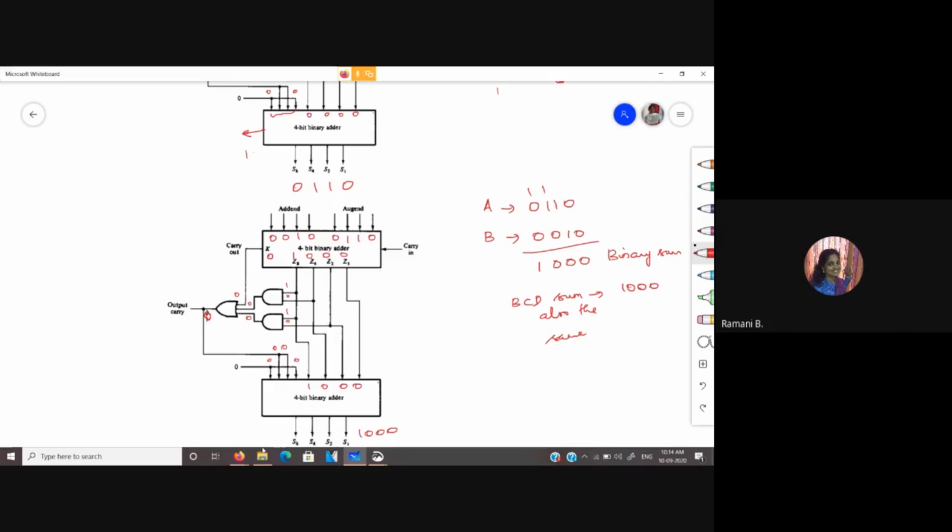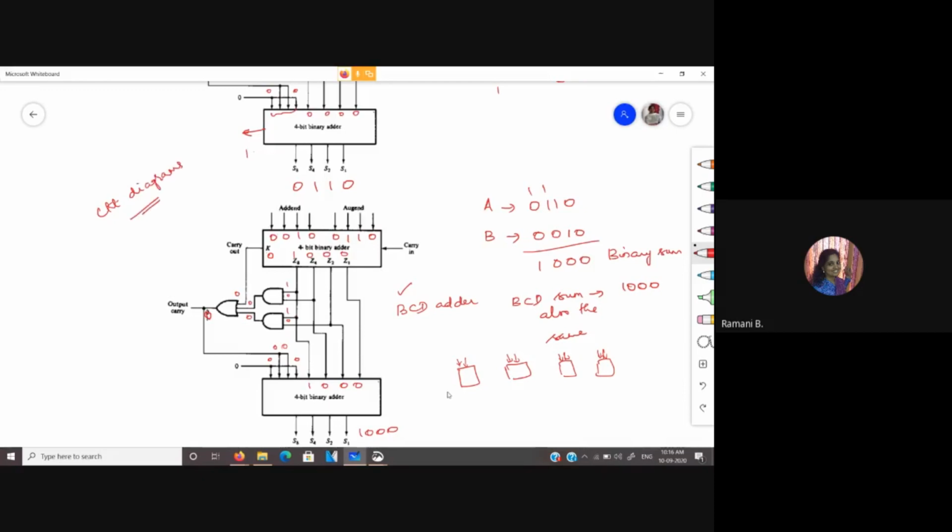Do you understand this? In the unit, circuit diagrams are most important. So you have to practice them. So if they ask for a BCD adder, you have to draw these diagrams where you will be using two 4-bit adders and this correction factor. So this output carry is nothing but the expression that we saw now. This is K plus Z8 Z4 plus Z8 Z2. The notation is given this way just to denote the corresponding weight positions. You can take any notation for these variables actually.